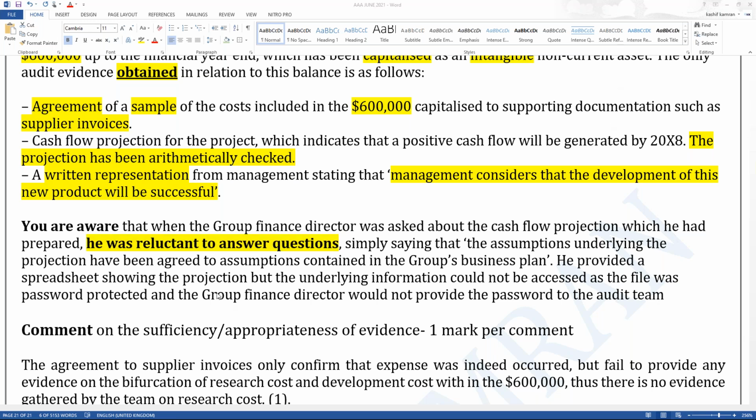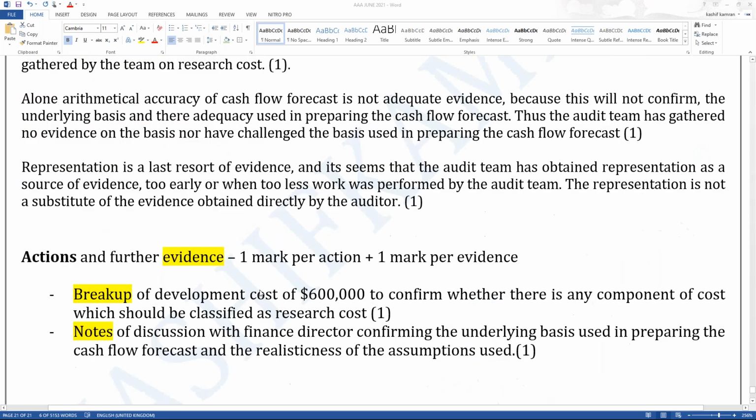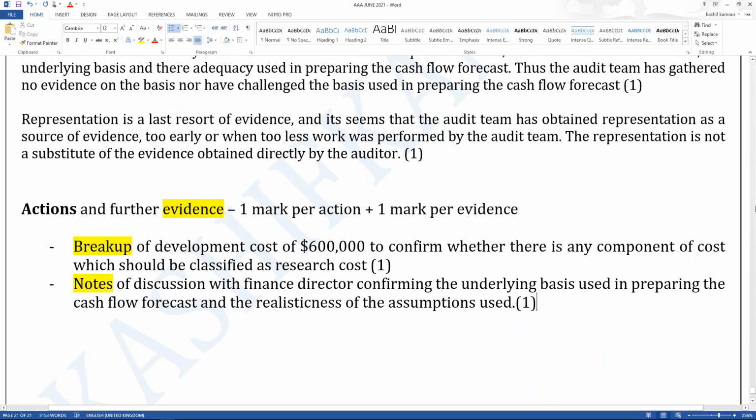Yes, good. So he was reluctant to answer questions. See, I write an action here. Action. The audit team should discuss, or the audit manager should discuss with the group finance director,